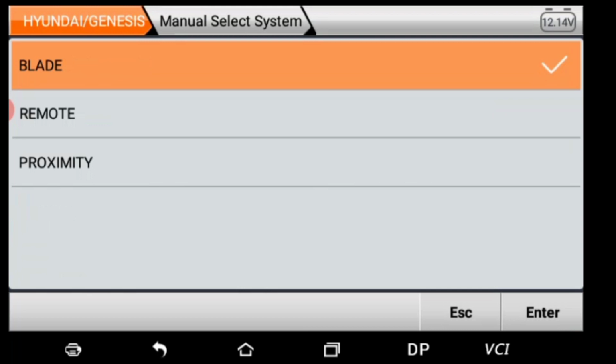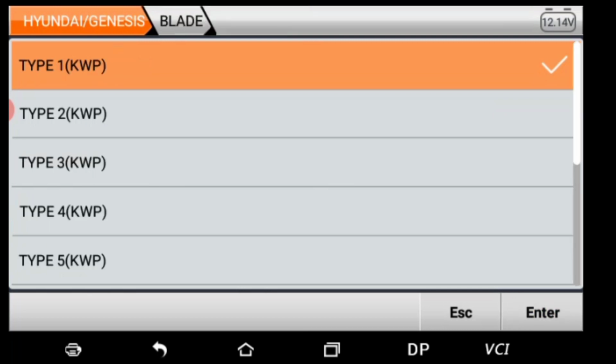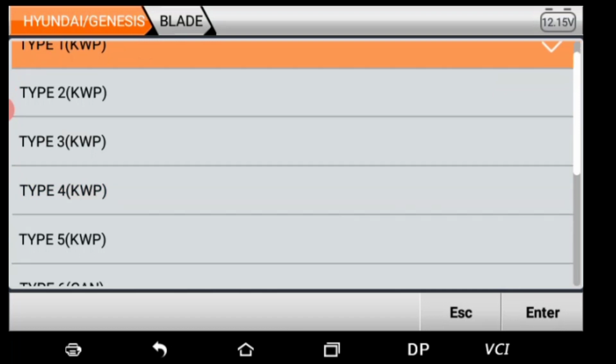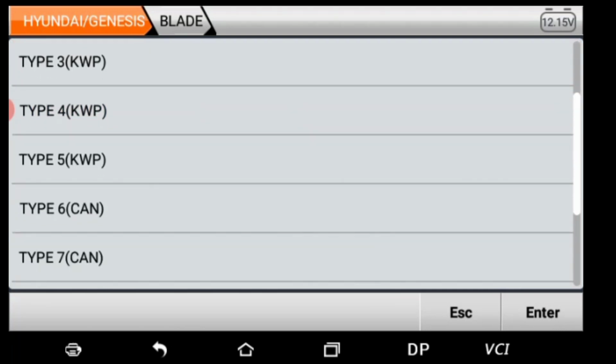So we should go for blade. And now we have a lot of options right from type 1 to type 9. So here we have to check one by one all the types in which our vehicle is going to support. But here I am directly going to type 6 CAN.